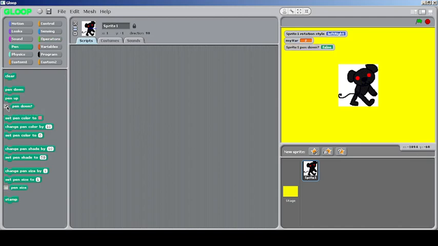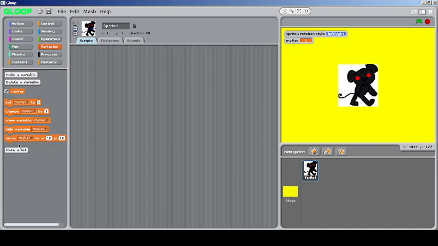And then there's even a pen reporter which is new, which will check if the pen is down. If your pen is down, it will say true. If your pen is up, it will say false. And you can see you can move your variable anywhere you want. I think this is taken from some bingo or something. I don't remember where it's taken from. Anyways, it's a cool feature where you can move your variable to wherever you want